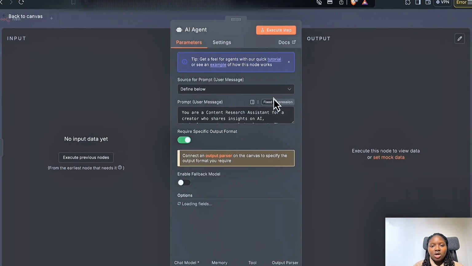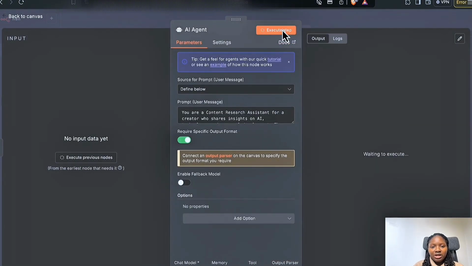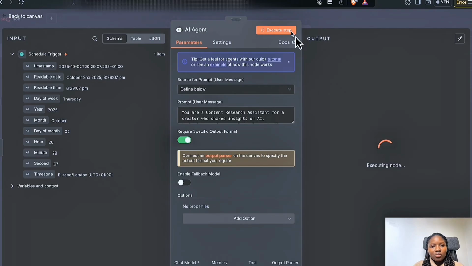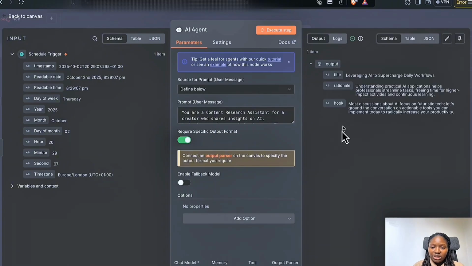So how do you know if this works? Just click on execute step. Once you click on execute step, you are going to see the result of the node here. So it's loading. So here we have our result. We have our title, leveraging AI to supercharge daily workflows. We have our rationale, understanding practical AI application helps professionals streamline tasks, and then we have our hook, most discussion